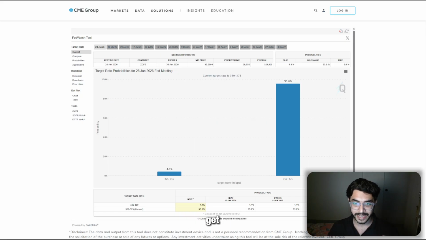Please do not get confused by watching all of these charts and numbers. A very simple rule to follow is: if markets suddenly price higher for longer, risk can reprice very violently. And if cuts get priced because growth is breaking, that can also be bad short term.